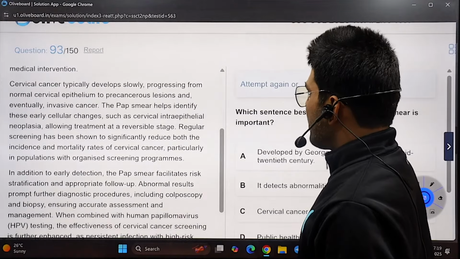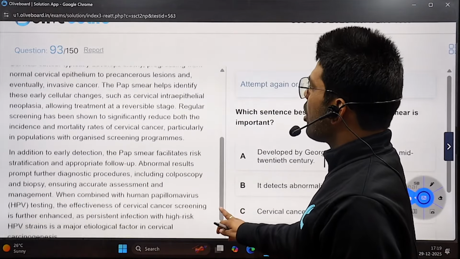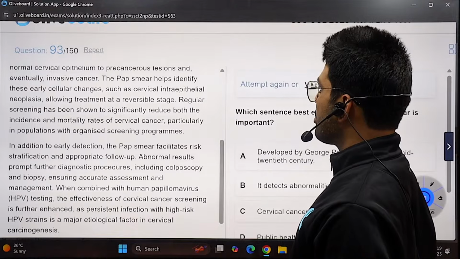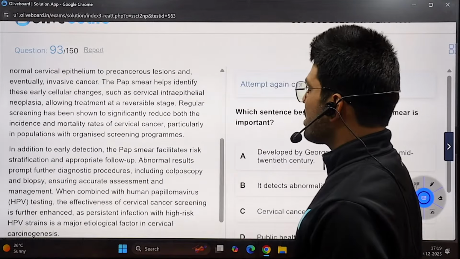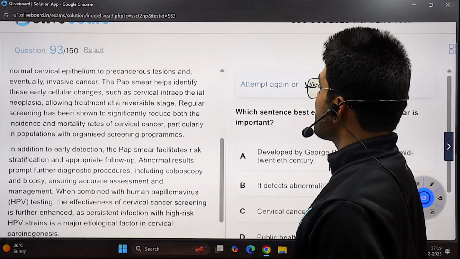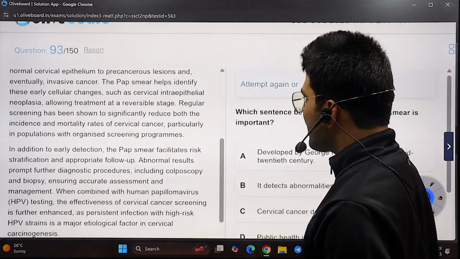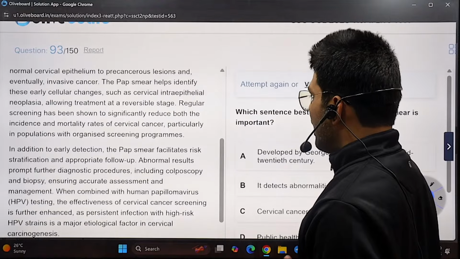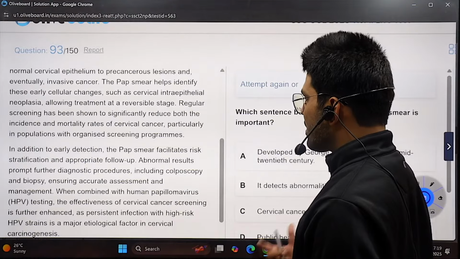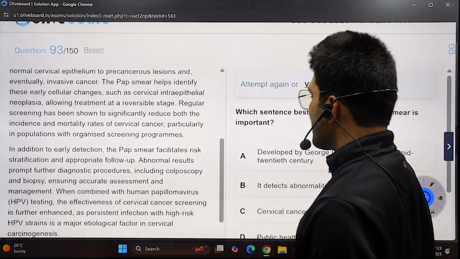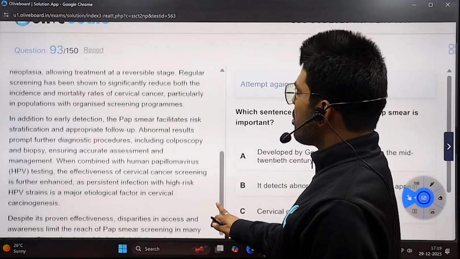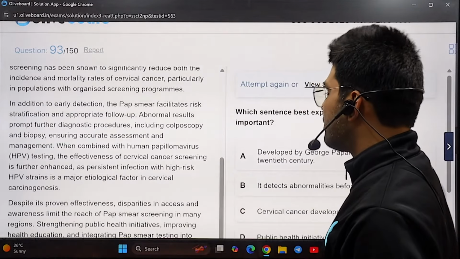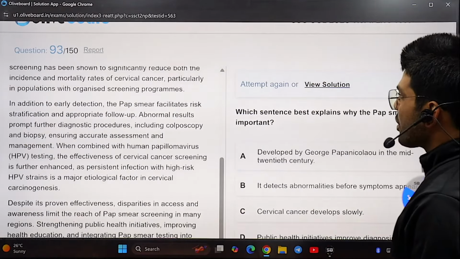Cervical cancer typically develops slowly, progressing from normal epithelium to precancerous lesions and eventually invasive cancer. The pap smear helps identify these early changes such as intraepithelial neoplasia, allowing treatment at a reversible stage. Regular screening has been shown to significantly reduce both the incidence and mortality rates of cervical cancer, particularly in populations with organized